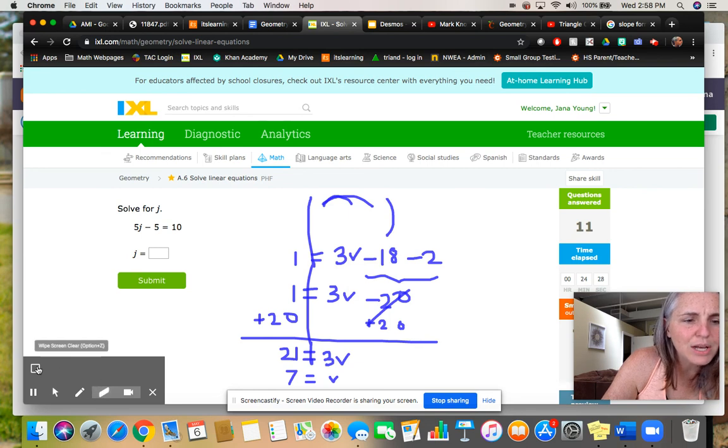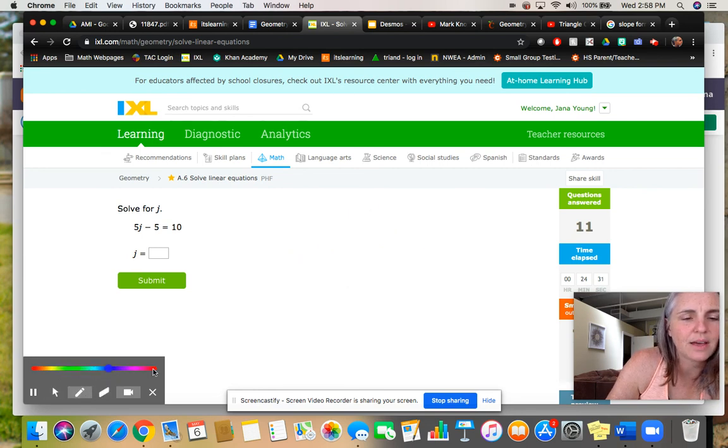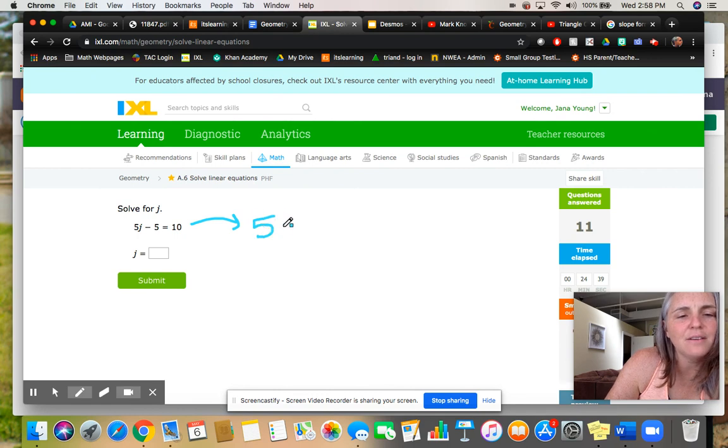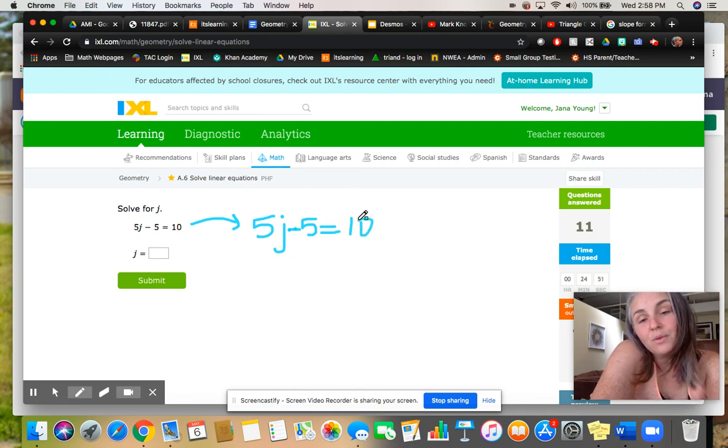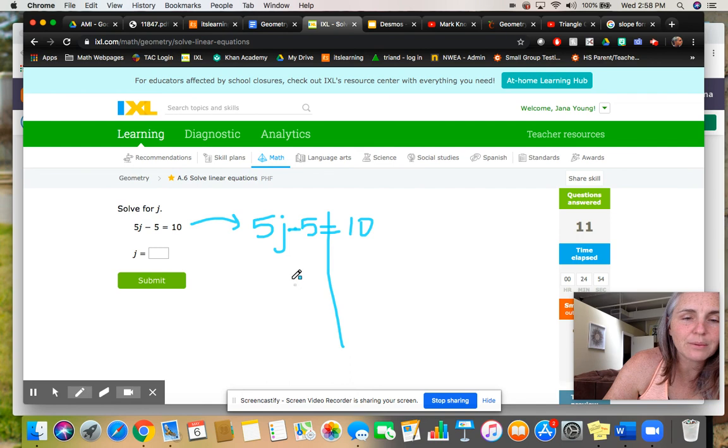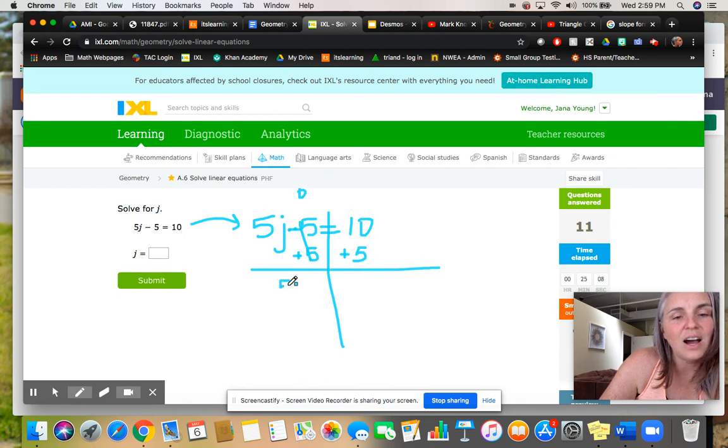An easy one. Okay, I'm sick of that color. Let's do this color. All right, so we're looking at 5j minus 5 equals 10. Move anything added or subtracted first from the variable. The variable is j, 5 has been subtracted. Add 5 to undo minus 5. Do that on both sides. Make sure your negative 5 and positive 5 actually go to 0 like you want them to. Leaving you with 5j